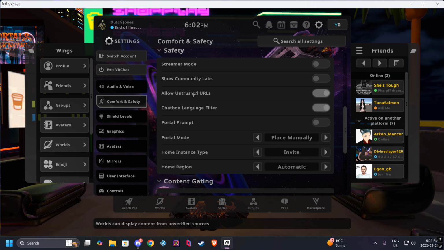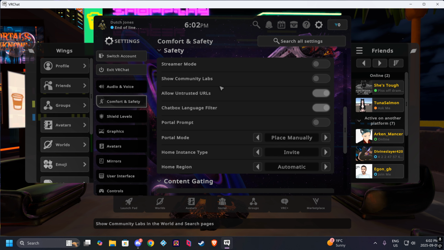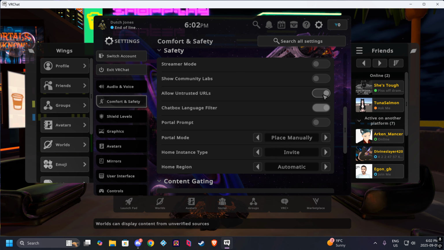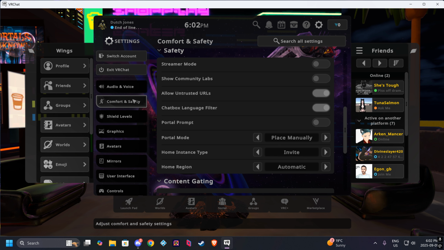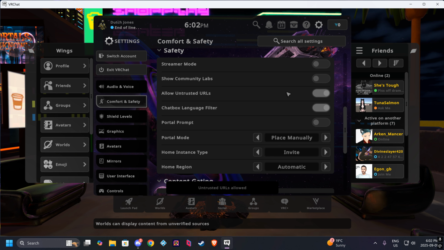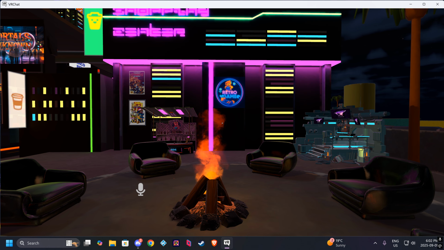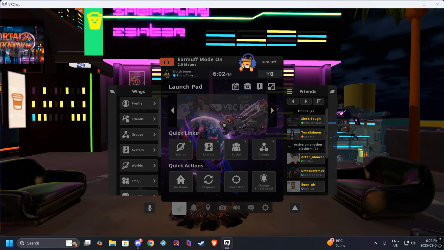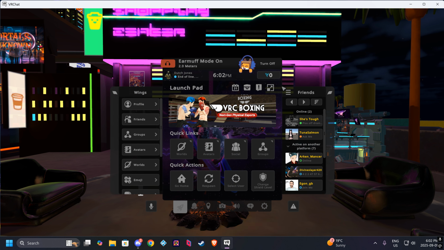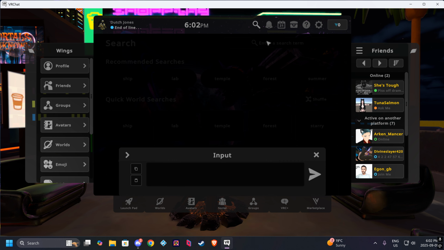is allow untrusted URLs. So I'll show you another quick way to get to this. If you're running a movie event, you want to make sure you know how to get to this, and you want to be able to teach people who are in your movie event who maybe have never been to a movie event how to turn this on. So obviously coming to your comfort and safety settings and coming down here gives you the option to turn it on or off. But another quick way to do that, if you want someone who's not very comfortable with the UI to quickly get to it, you can simply open up the big menu, go to your search. In the search bar, just type in URL,